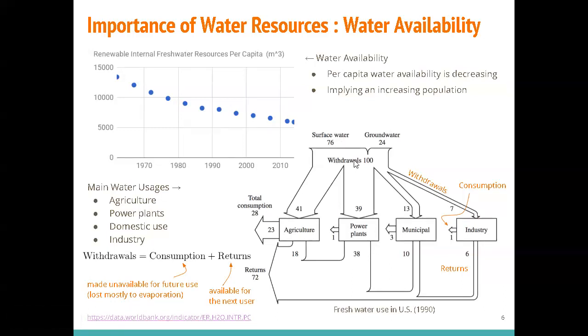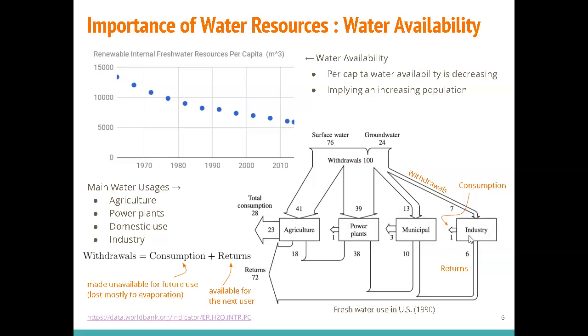Also, if you talk about the water resources, we need to talk about different usages in a society. So how do we understand the usage of water resources? First of all, we withdraw or take the water from different parts: from the surface water, river or lake, and then groundwater. Some groundwater is stored underground, and we withdraw it and use it in different parts of our society. Municipal here is domestic, so this is our home. A part of it, we use in our home. Some of it, we use in industry.